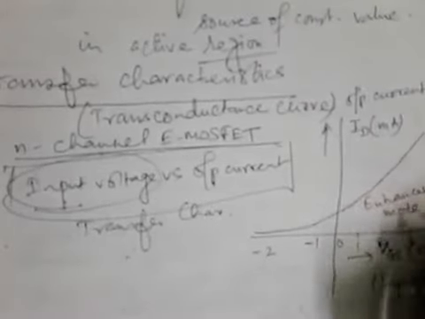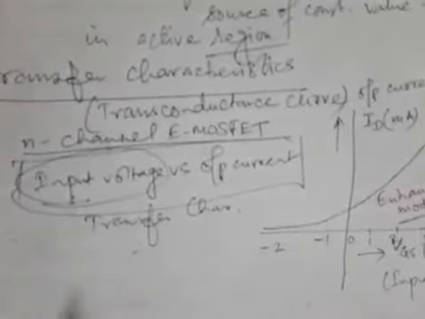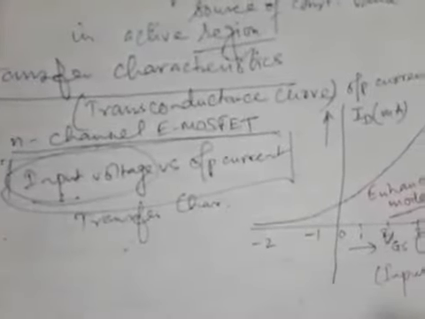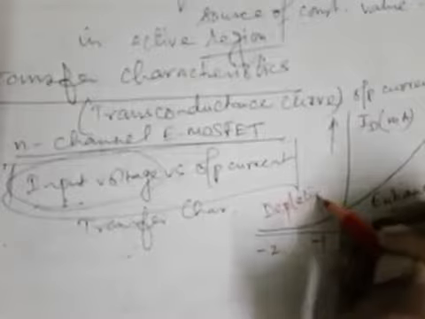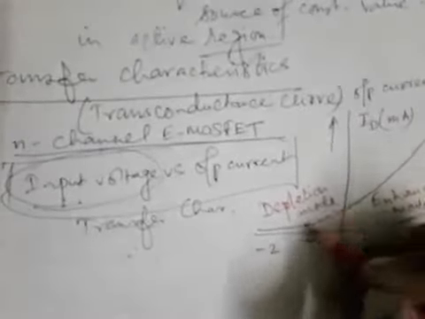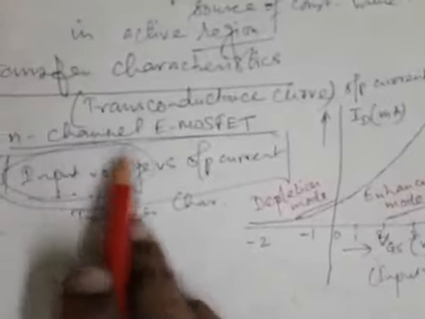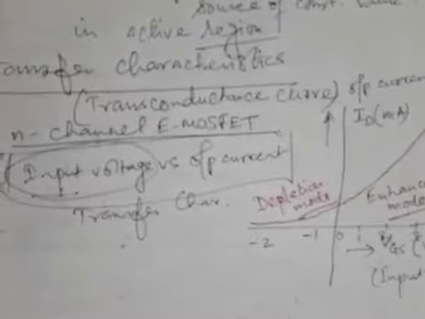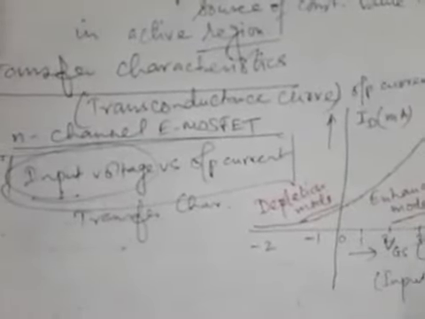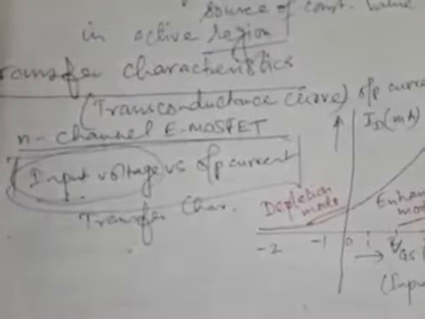So the right side is the enhancement mode of the transfer characteristics, and obviously when we are increasing in the negative direction, in the second quadrant, the ID is continuously or exponentially decreasing. So here in the second quadrant it establishes depletion mode. So from the transfer characteristics also, if we select n-channel enhancement MOSFET, we can absolutely explain clearly that the first quadrant will be the enhancement mode of operation and the second quadrant will be the depletion mode of operation.